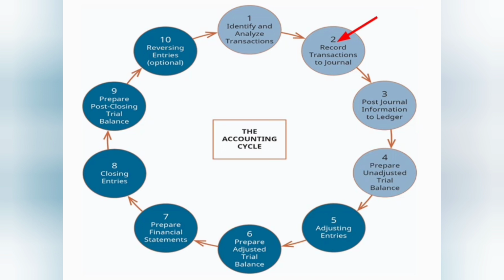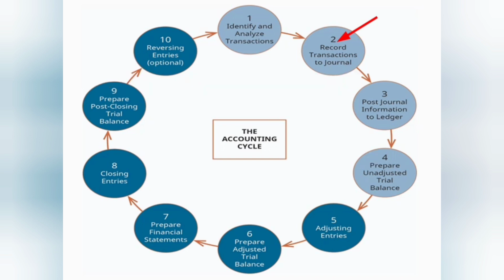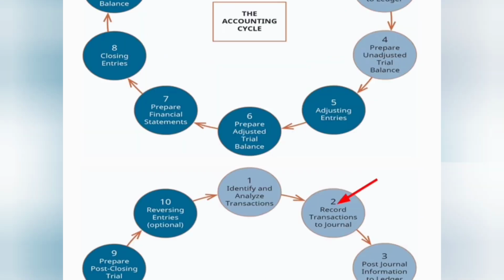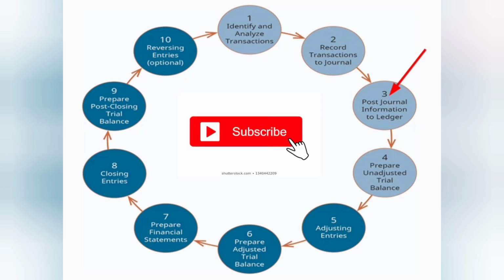While preparing the journal entries, the double entry bookkeeping system must be followed. As per the double entry bookkeeping system, every transaction must have a minimum of two accounts and the debit must equal the credit. But some organizations which deal with several transactions daily may find it difficult to handle these transactions in journal books. So they need to prepare subsidiary books such as cash book, purchase return book, sales return book, etc. Once the transaction is recorded as a journal entry in the second step, it should be transferred to its appropriate account called a ledger in the third step.